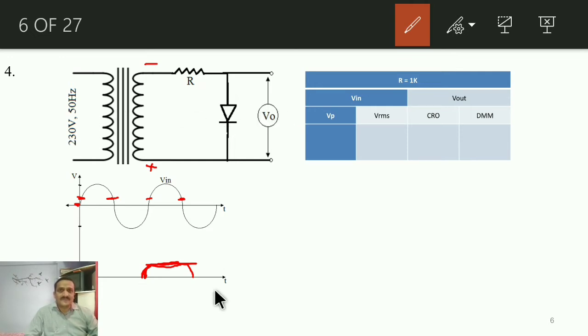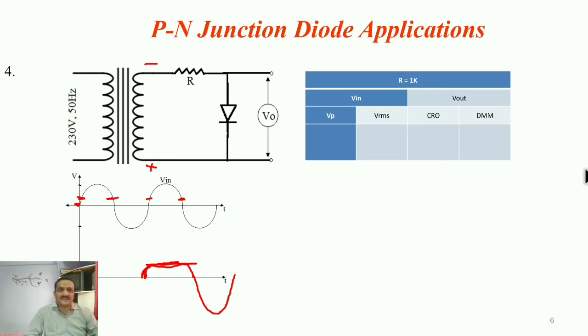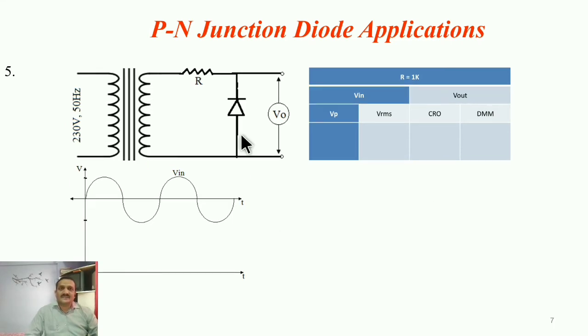Now what is the input? The input is nothing but the negative half, like this. So such a type of output you will observe on the CRO. So implement it using simulation software again, observe it on the CRO, and measure its value using the DMM. Same thing, I just reversed the diode. Think on it, what nature of output you will obtain when the diode turns on, when it remains off, and all that.